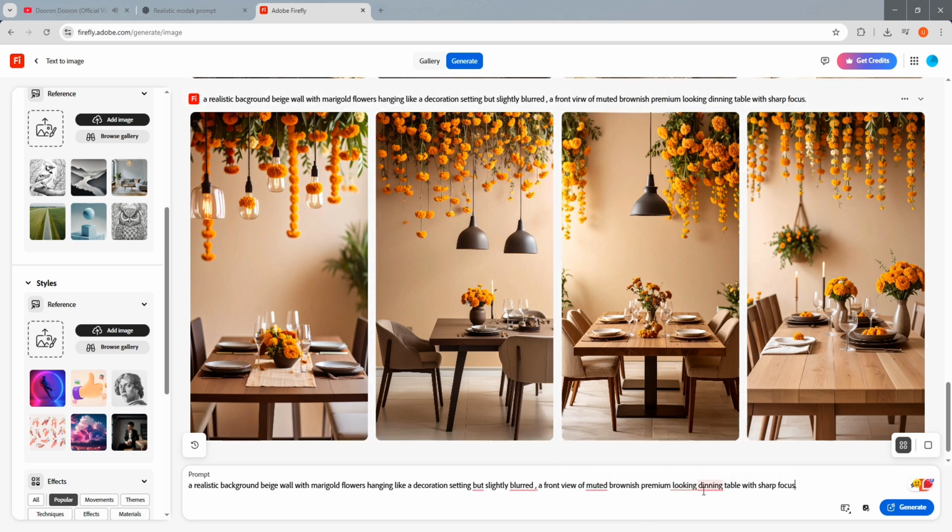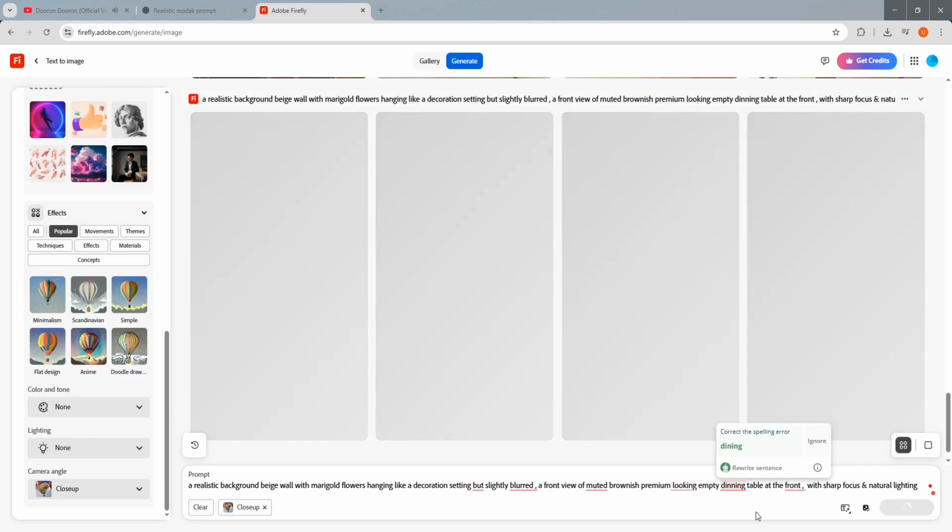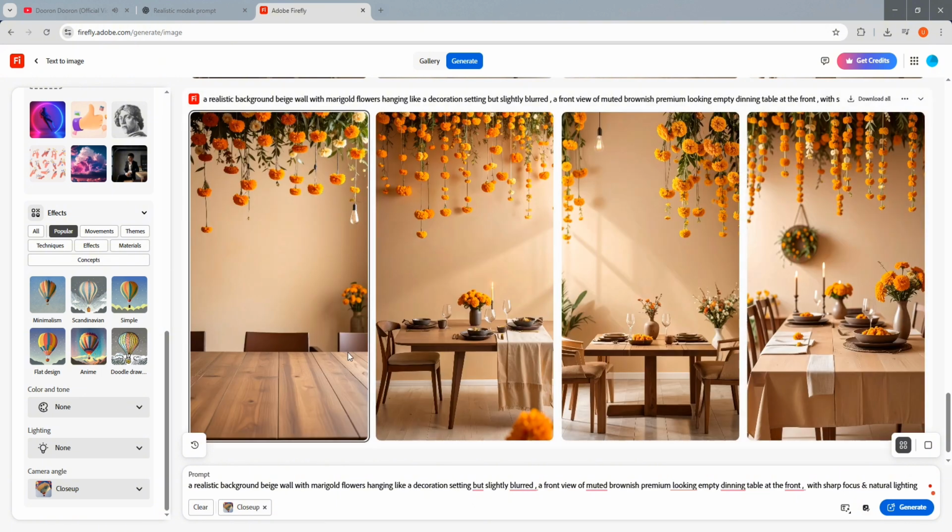This looks so cool, so realistic, natural light, natural shadows. But the problem is that I need a close-up of the table. Not the entire image should be blurred.